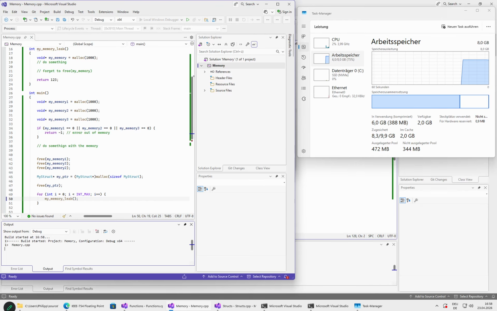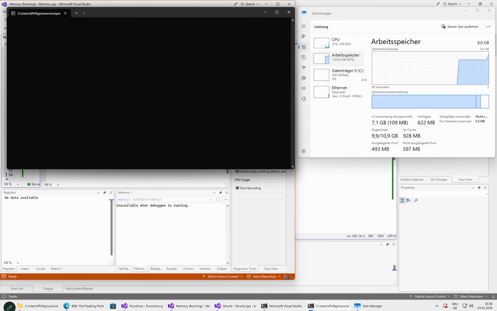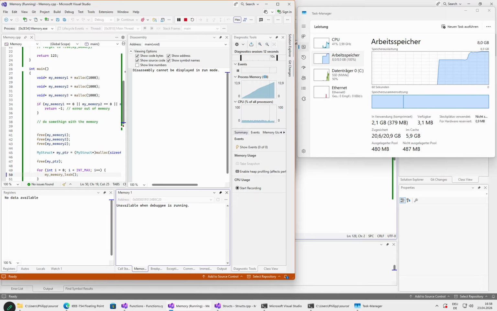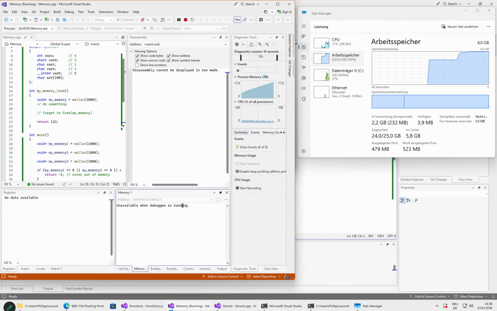Let's run it, and then we'll of course see that this here goes up, and we don't even get a crash because we are not actually doing anything. If we were doing something, then we would crash at some point, because at some point the thing will just start returning 0. So we can put a breakpoint,